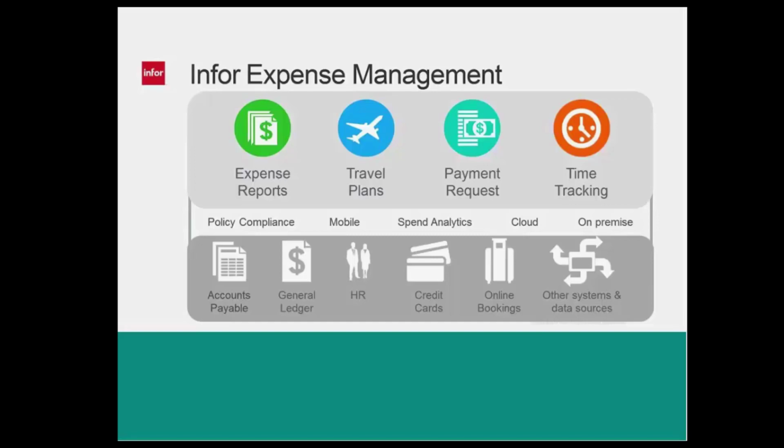Expense reports is for automating that employee reimbursement process for travel expenses. We also have travel plans that's used for pre-trip authorization prior to taking a trip, getting it reviewed and approved, and workflowed around the organization to approve that travel before it's taken. We also have online booking capabilities, so if an organization has online booking, then travel plans may not be applicable. If they do not have online booking, then a pre-trip authorization would be done, and it would be applicable to